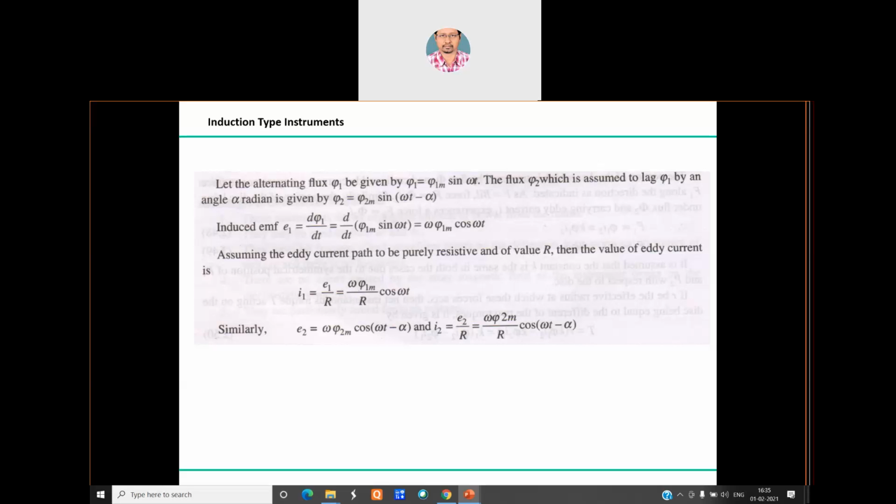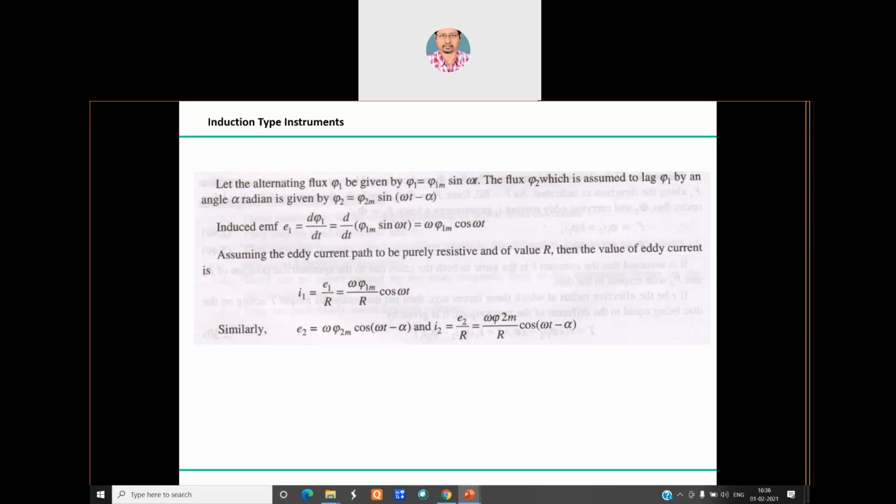Because you cannot claim that the amount of flow of the flux in both directions is exactly the same. One of the currents will be either leading or lagging by some margin. So we are assuming that the secondary is lagging by an angle alpha. If so, then the induced EMF is d phi by dt, so you can express